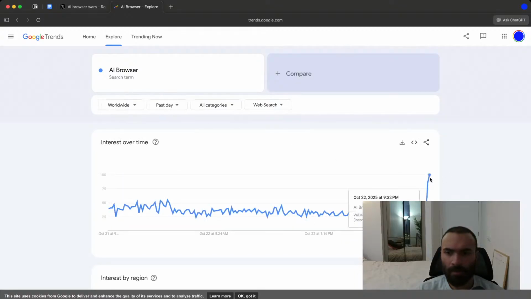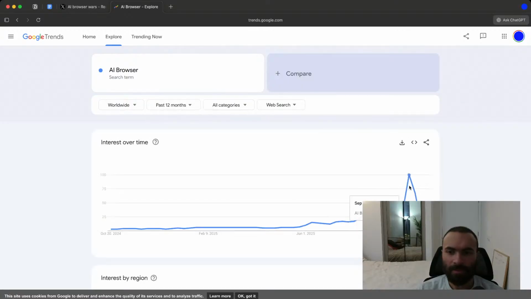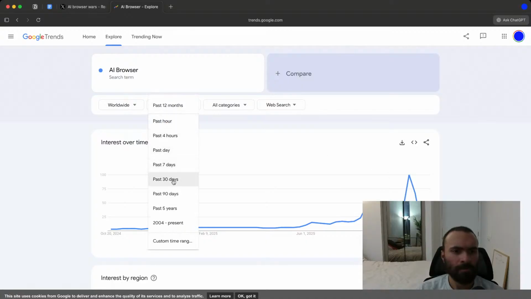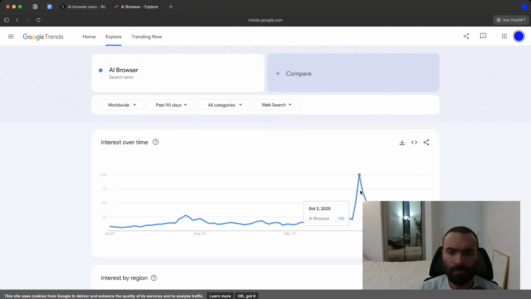Let's go. 22 suddenly was massive. Not past day, past 12 months. Okay, October 4th, September 28th to October 4th. It was massive. What happened? Past 90 days. October 3rd. Huh.